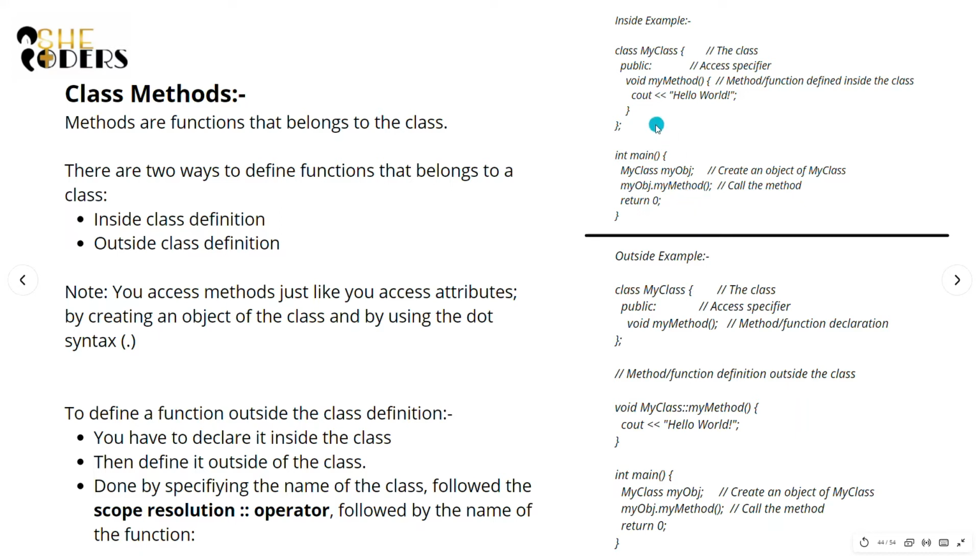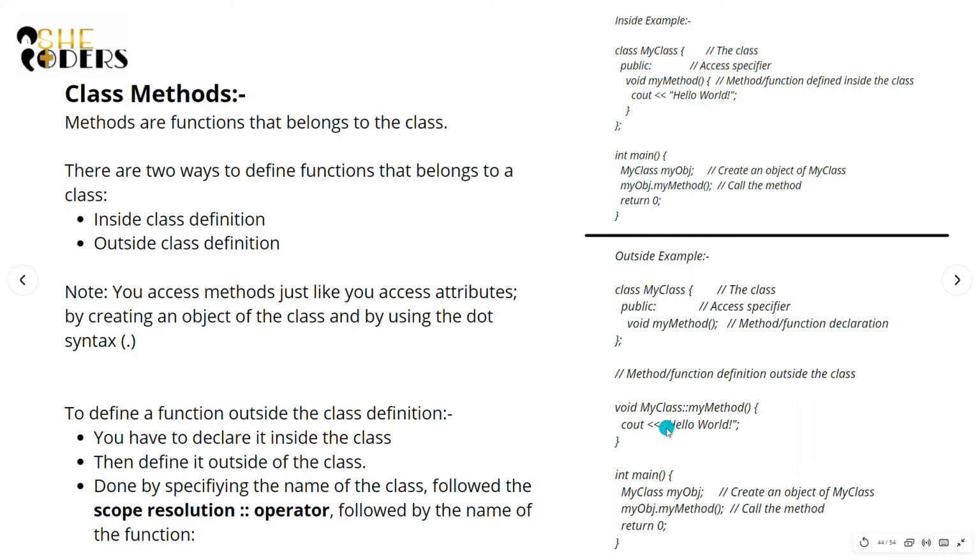Inside, I have defined the function, that is, the function definition is inside the class itself. Any class method can have two types of definition: inside the class definition or outside the class definition. Here it is the inside class definition, and for defining any function outside the class, we need to declare it, just show that there exists a function, write the prototype here, and we can define the same function outside the class using the scope resolution operator.